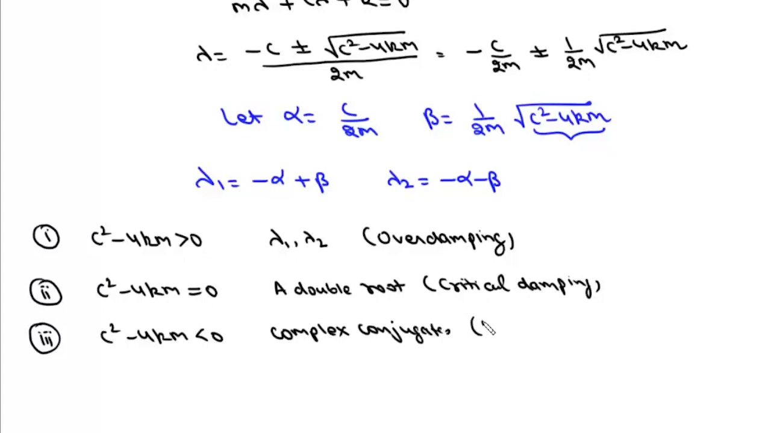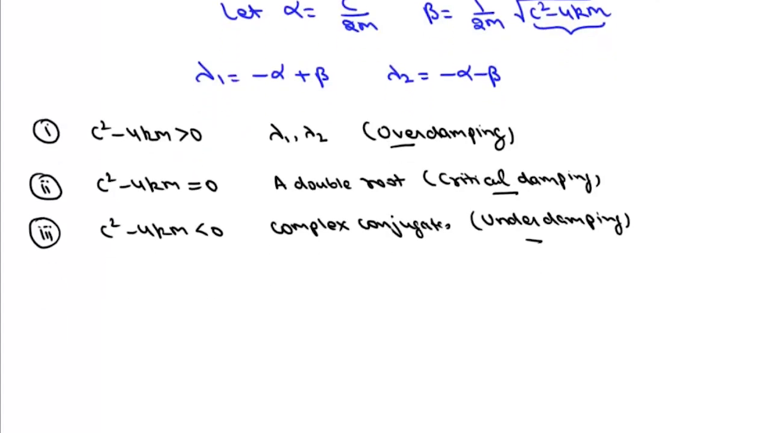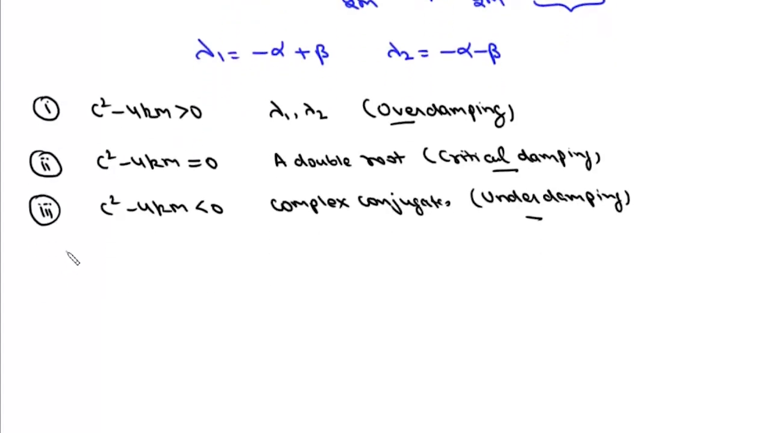And this is the case of underdamping. So depending on the discriminant of this equation, we'll have three cases of overdamping, critical damping, and underdamping. Now we'll discuss this first case of overdamping. So in this case 1, where we have c square minus 4km greater than 0, we'll have